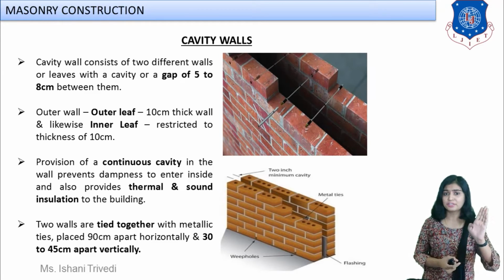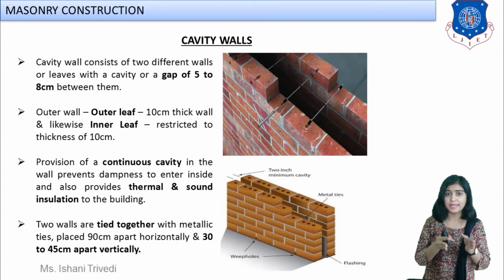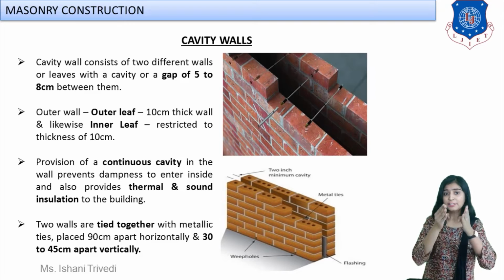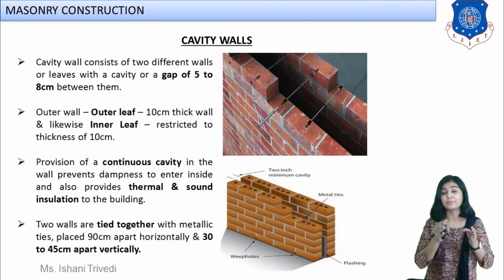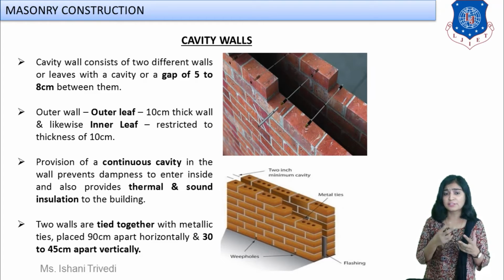Look at the first image flashing over here, the very first one. What can you see? A wall is constructed, right? But the wall is constructed in two parts. Let us call the outer one the outer leaf and the inner one the inner leaf. Now here these walls will be called leaves. If you want to say two walls, then you can call them two leaves. Now you have one as your outer leaf and another as your inner leaf.